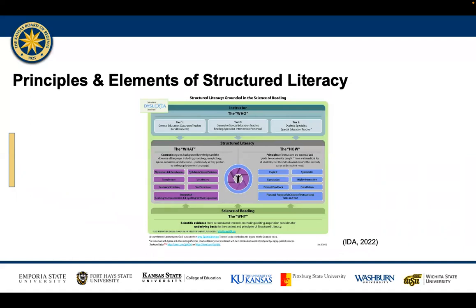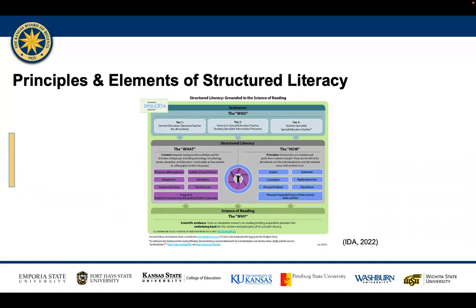Teachers should utilize structured literacy in whole group, small group, and within the response to intervention framework for whole class reading instruction at Tier 1 and small groups of students at Tiers 2 and 3. Decisions about instruction at Tiers 2 and 3 should be based on data from universal screeners, diagnostic assessments, and progress